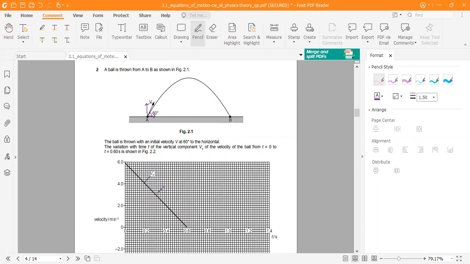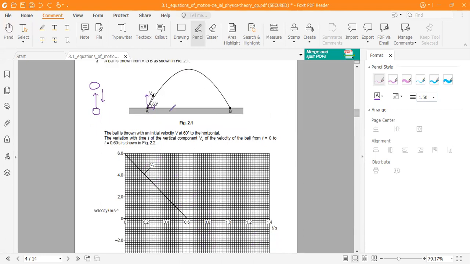If I just assume that there is no horizontal component, then this basically means the ball went up, and it is at its maximum point right now, because at the maximum point the velocity is zero momentarily, just for a moment. After that, what will happen to this ball? It will start to come down again, and the velocity will become negative, so the graph will continue like that. If you neglect the horizontal component, this is what the vertical component means basically.